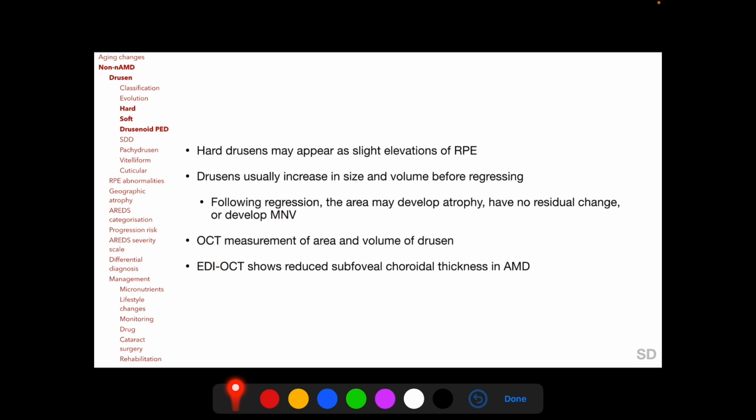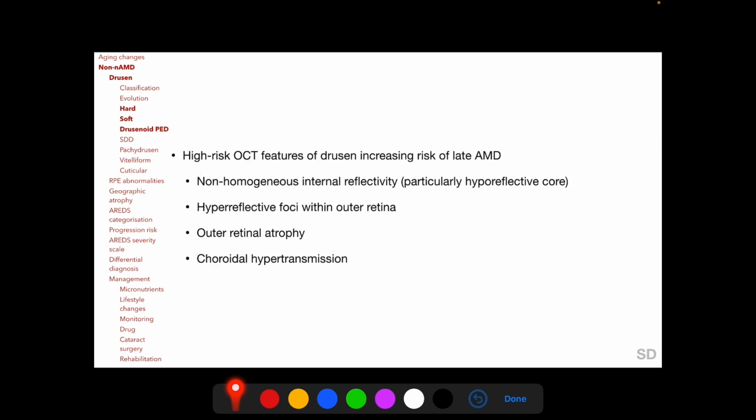OCT measurement of area and volume of drusen is possible and is said to be an important predictor of progression to advanced AMD. And EDI OCT or SS OCT shows reduced subfoveal choroidal thickness in age-related macular degeneration. OCT-based high-risk features of drusen which increase the risk of late AMD include non-homogeneous internal reflectivity of drusen, particularly a hyporeflective core, hyperreflective foci within outer retina which indicate migration of retinal pigment epithelial cells within the retina, outer retinal